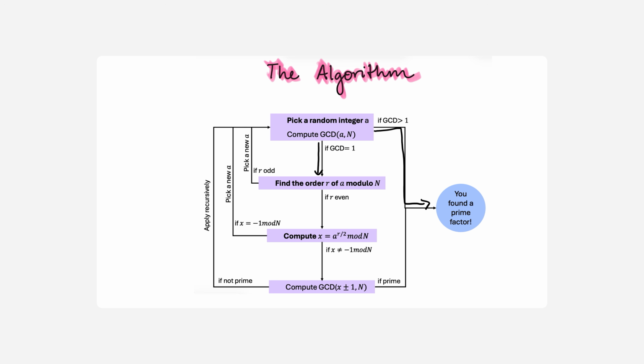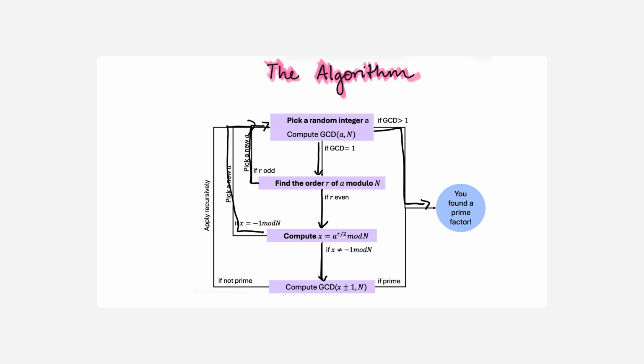Find the order r of a mod n. If r is odd, then we have to start again. We have to pick a new a. If r is even, then we can continue. We compute x, which equals a to the r over 2, and we make sure that x is not congruent to minus 1 mod n. If it's not, we can continue, but if it is, we have to go back to the top and pick